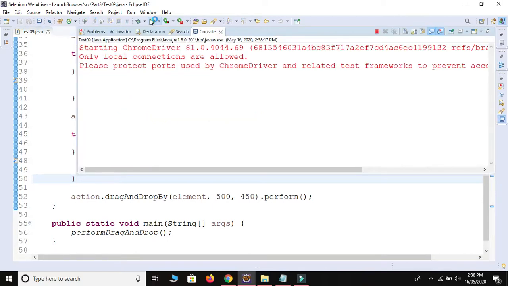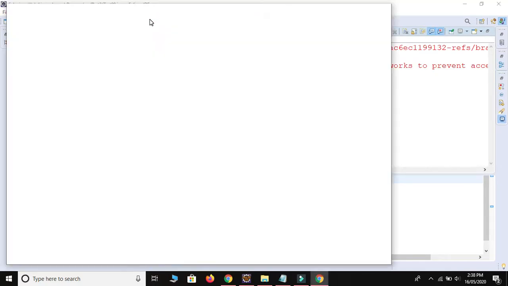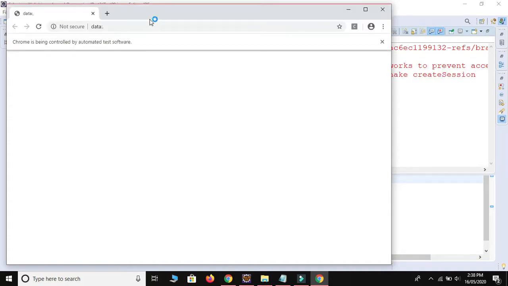Just wait for the execution. I will show you. It will change the size. Okay, see people, able to see? It changed the size. Again it will change.